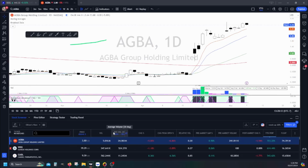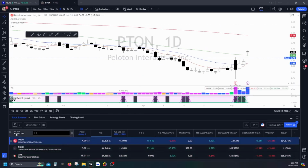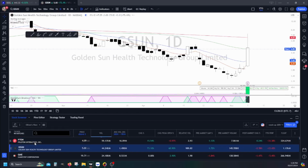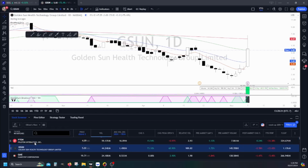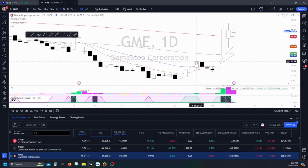I'm going to filter based on volume. And I'm not going to go through all 90 names. I'm just going to show you a condensed version so that you can see how it is that I conduct my nighttime routine. So you can see here we had a momentum phase, pulls back, and then we had this